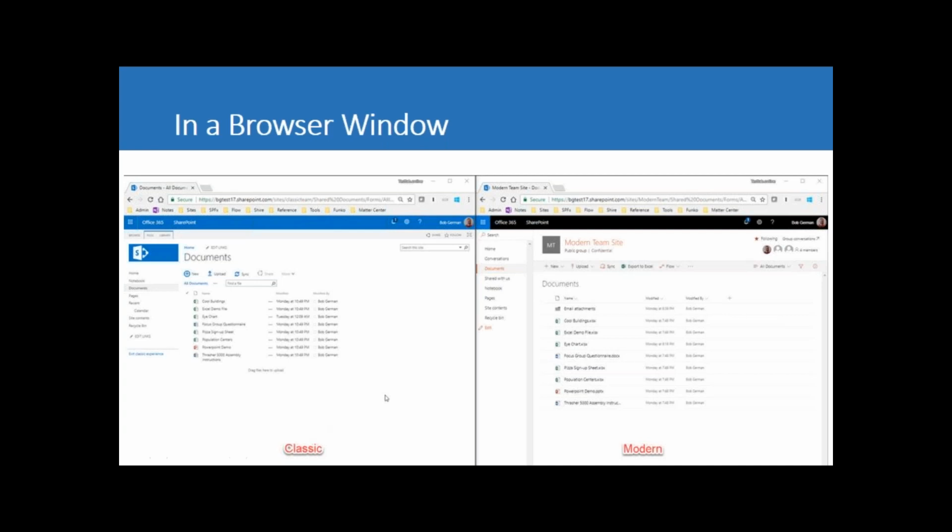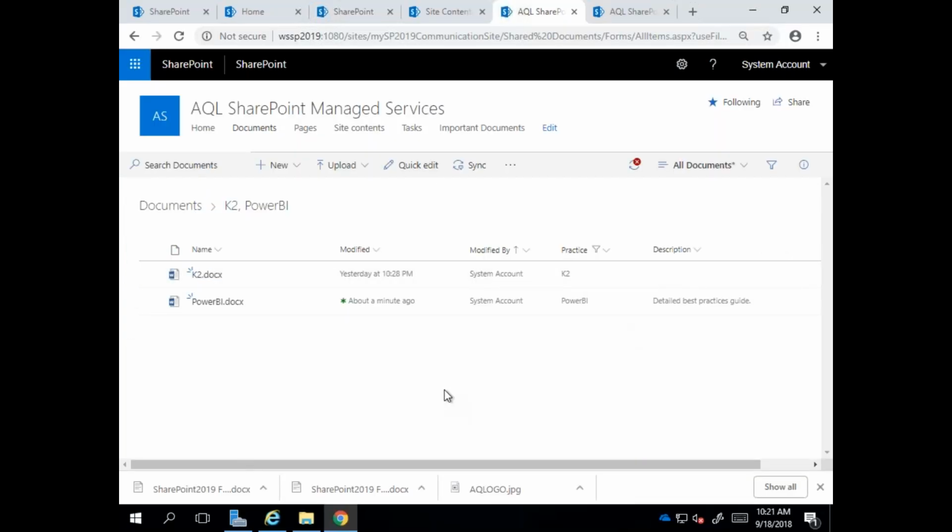Sorry about that. So let's go ahead and take a look at some of the modern sites that I see in here. I'm going to jump over to